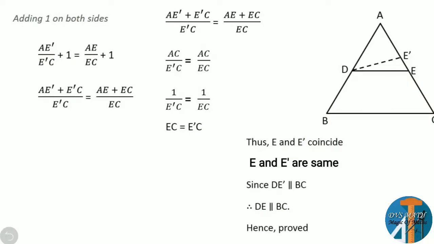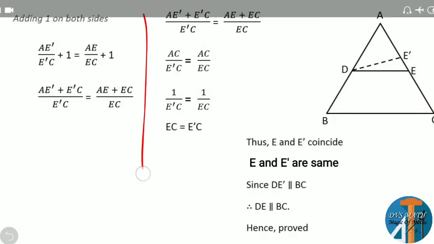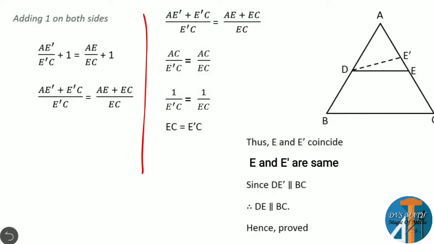Here you can see this, adding 1 on both side now. You observe this side now. So for this case, I think this we did in corollary of BPT. That means adding 1 on both side and taking LCM like that, right? So now we are doing the same thing. Now we got RHS are equal, no? For that we are adding 1 on both side. So now after adding 1 on both side, taking LCM.